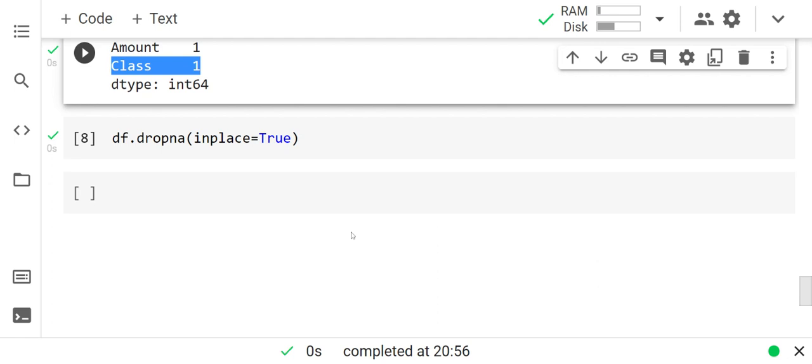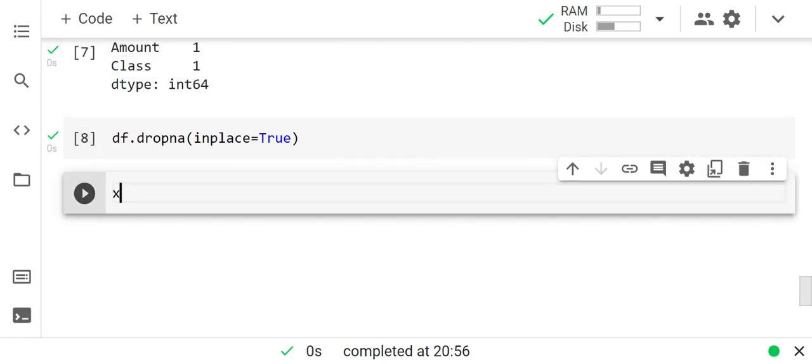So we have X is equal to df.drop. What do we have to drop? We have to drop the class column, and we also have to drop the time column,